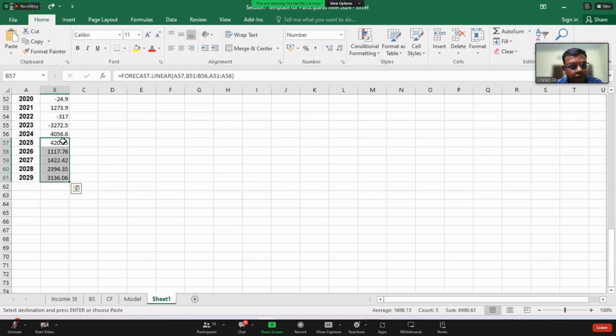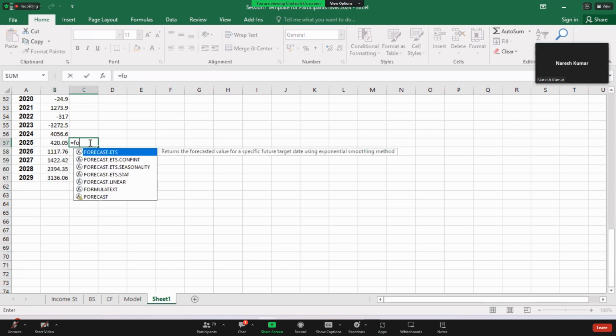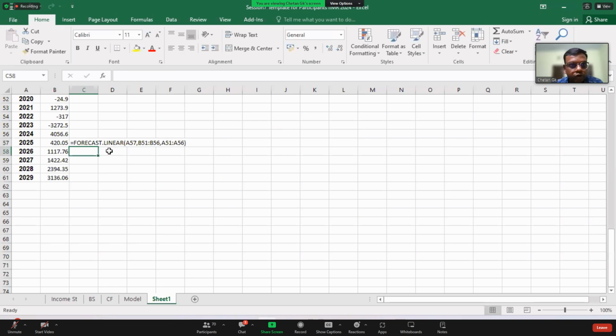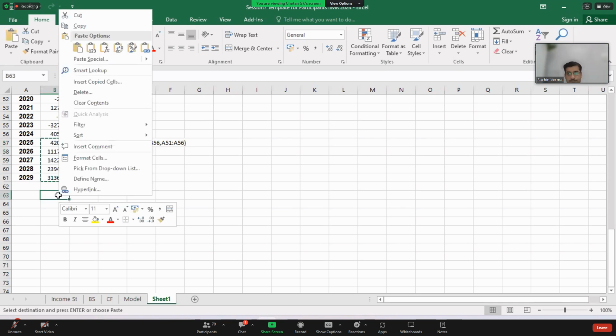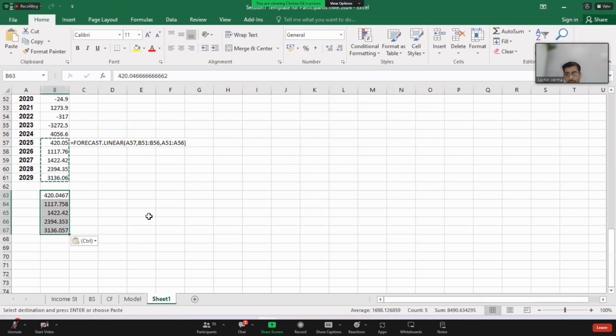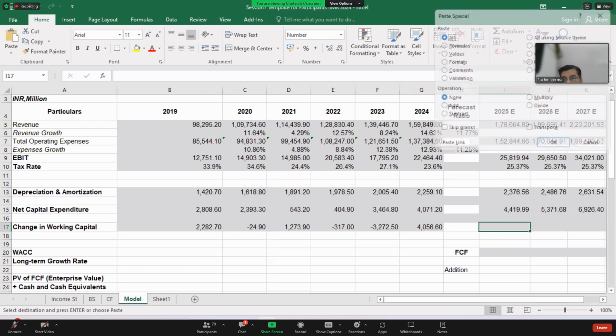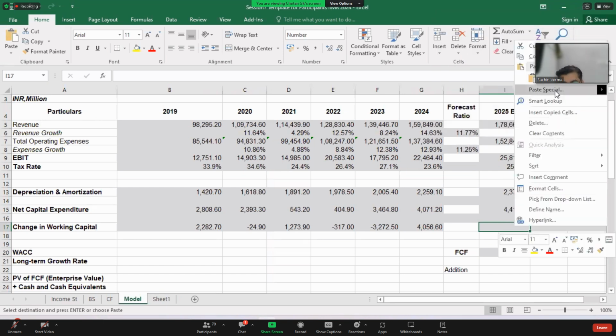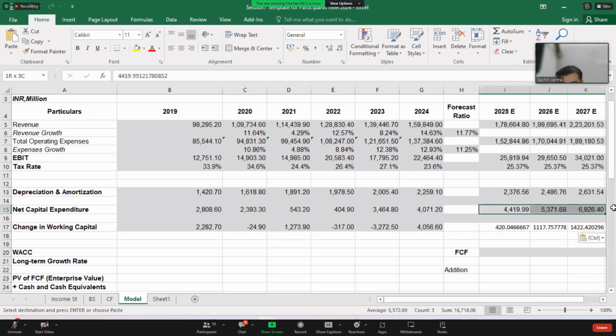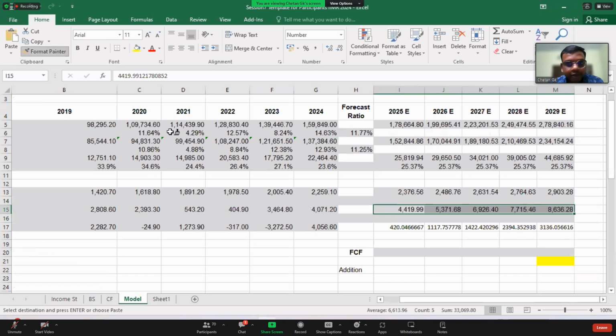$846. This is low. So you have done exponential forecasting here? No, I am going to go with whichever one is giving me the lesser answer. Okay. Done. Format painter.